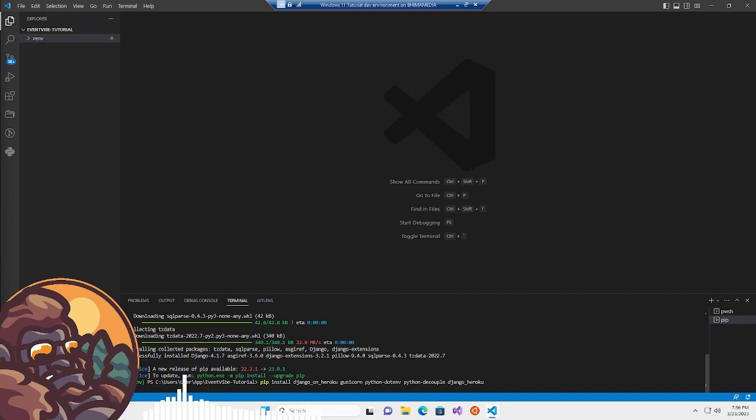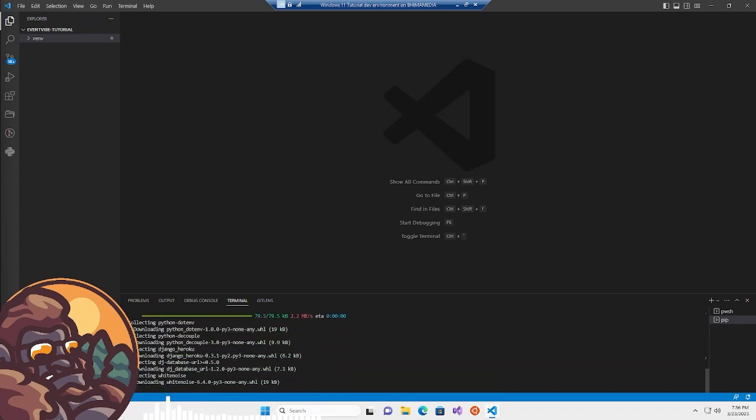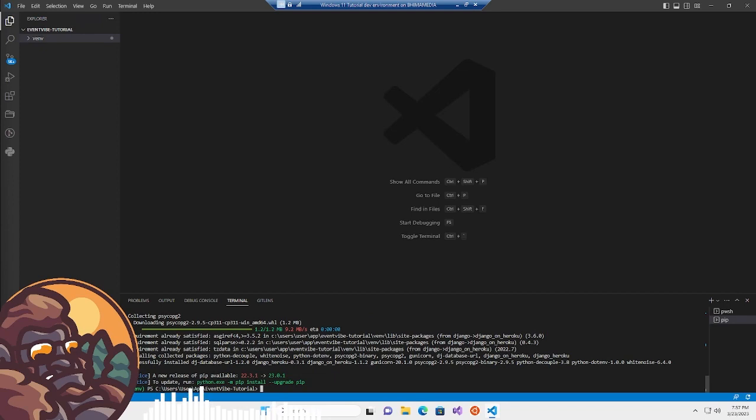The next step is we're going to be installing our Amazon Web Services S3 dependencies, so we can also store our static files and our image files onto Amazon storage. Sorry about that. So the first one we're going to be installing is going to be Django storages, which